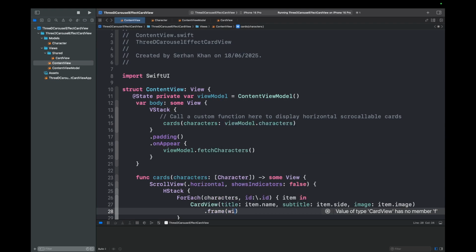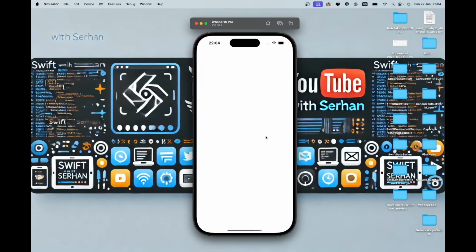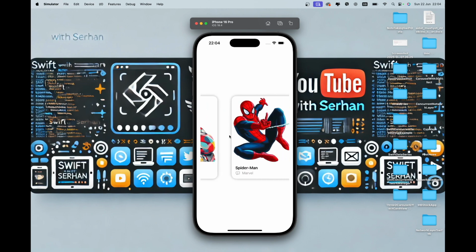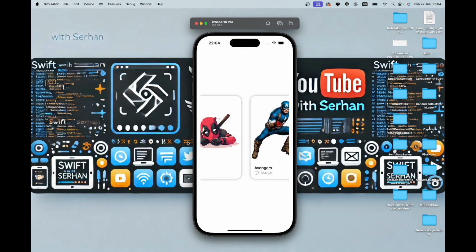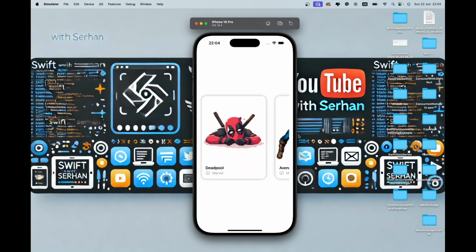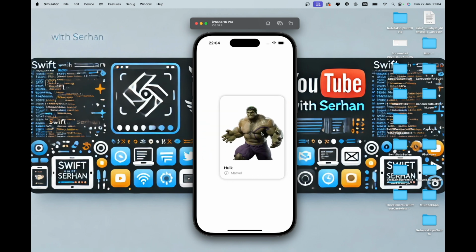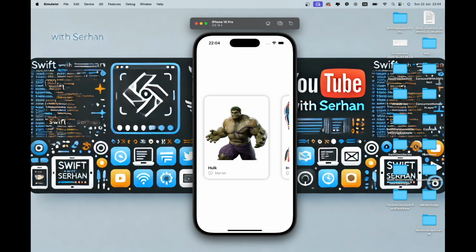This will have the width 300 and height 400. Let's run the application again and see what we have achieved so far. As I said, we will be able to see the characters scrollable without 3D effect actually. So without 3D effect, we have scrollable horizontal characters achieved. So far so good. Now as a next step, we are going to add the GeometryReader and 3D rotation effect